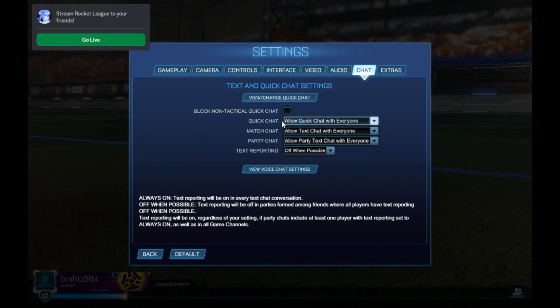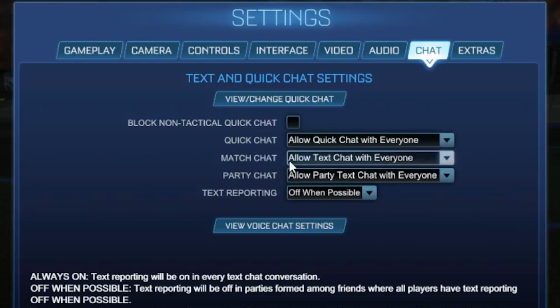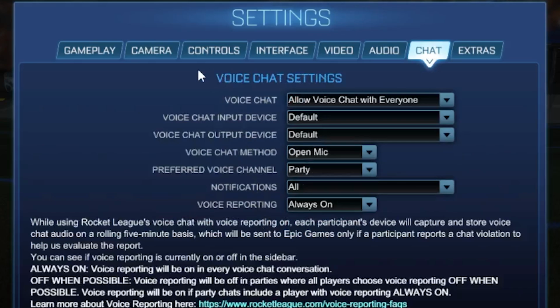On the quick chat, make sure to put allow quick chat with everyone. Also on the match chat, make sure to allow text chat with everyone. Also on the party chat, make sure to allow party text chat with everyone. Now after that, you can select here view voice chat settings, and make sure to also put the settings in